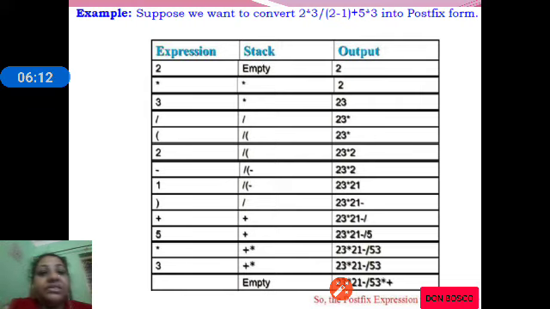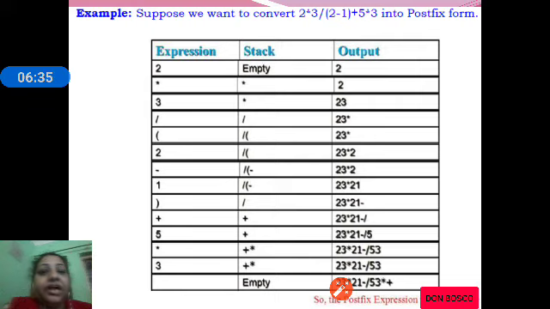As you can see in the example, the stack contains star and plus. There are no more symbols to be scanned. Therefore, the stack is emptied by removing all the elements and placing them onto the output. When we pop, first star comes, and that will be placed on the result.